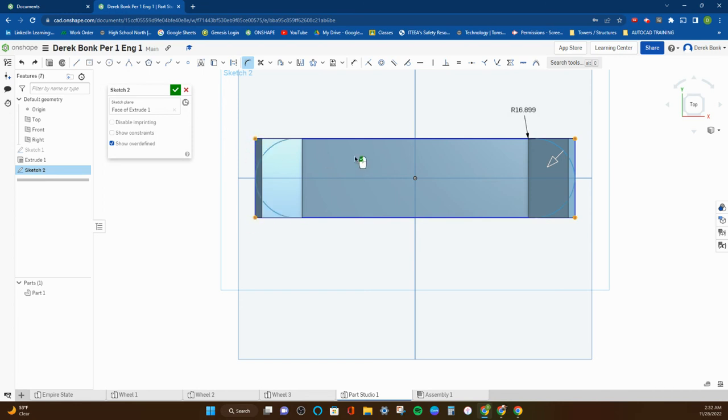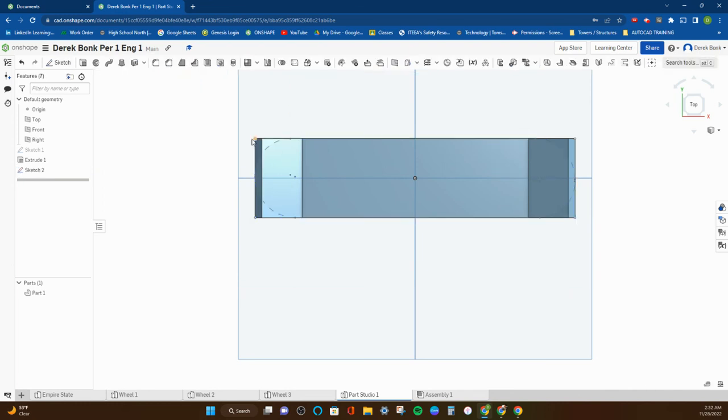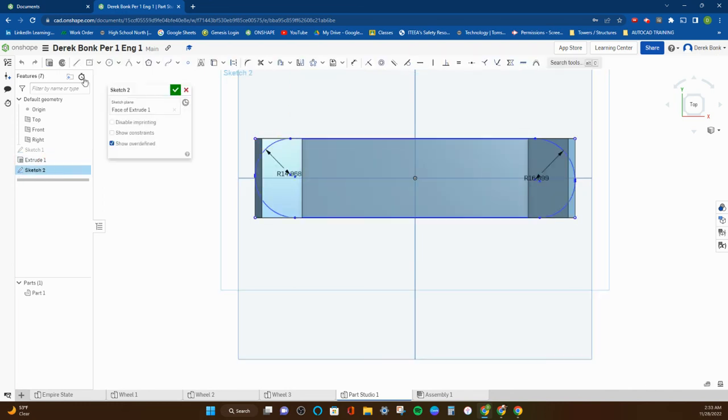I didn't hit the green check mark when I needed to. These are a little bit too big. Here we go. That's what I want. Now, this is just demo stuff, but I'm going to go back to my center point